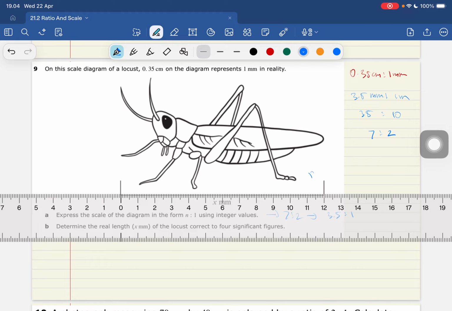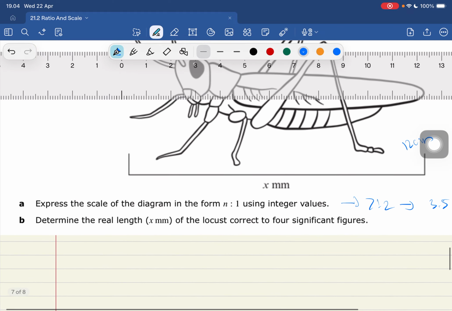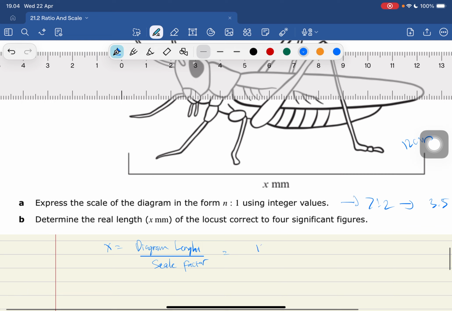Okay, we got 12 centimeter. So how are we going to find it? Let's say this is the x. So the diagram length, we divide with the scale factor. So the diagram length, before we found it, is 12